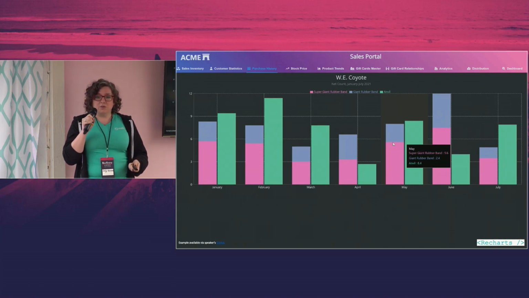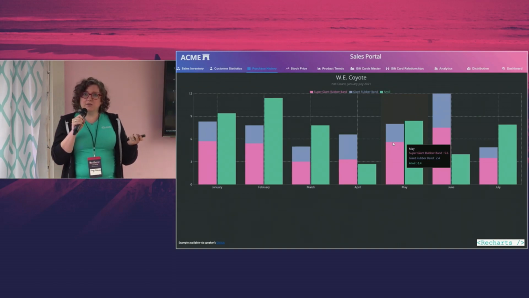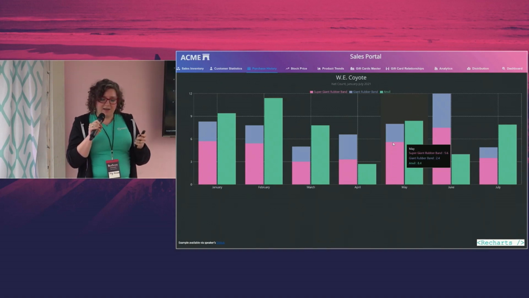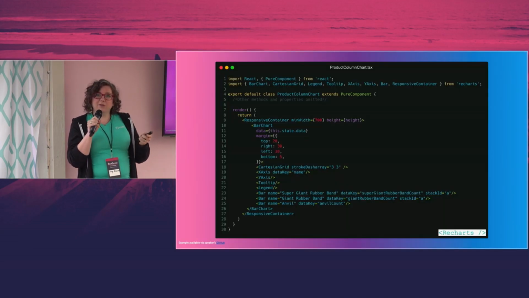So why don't we just use a bar or a column chart instead? So I've got an example here. It's written using Recharts. It's really simple to get started with. I had next to no bugs with it, which was nice. The dark theme styling was a bit more of a challenge, but everything else seemed to work out okay. We're going to walk through the code.